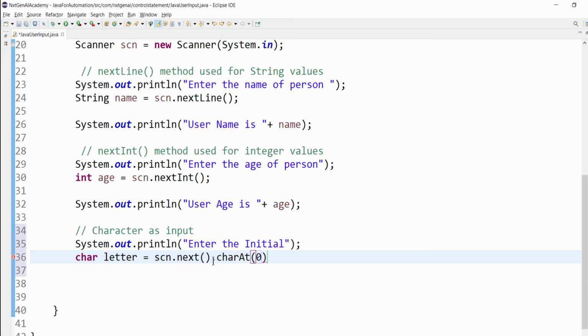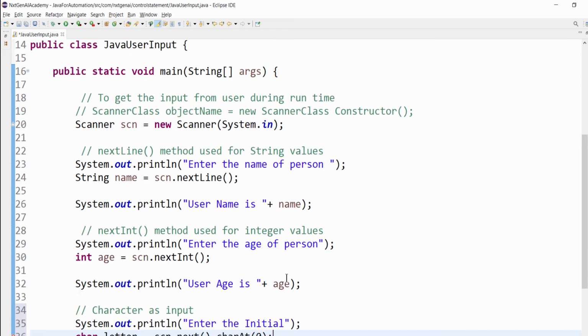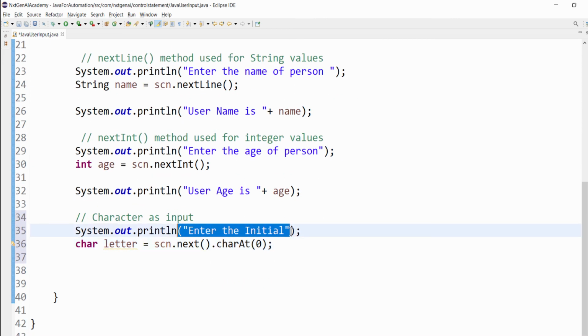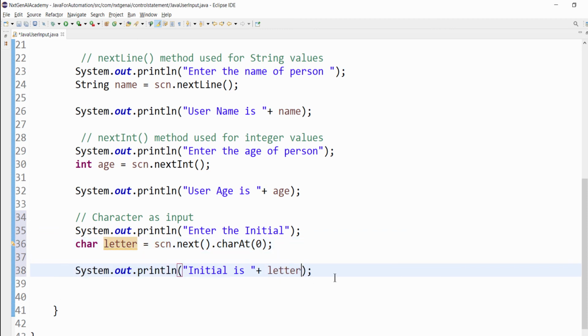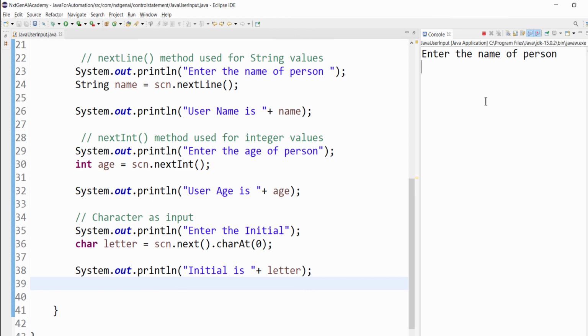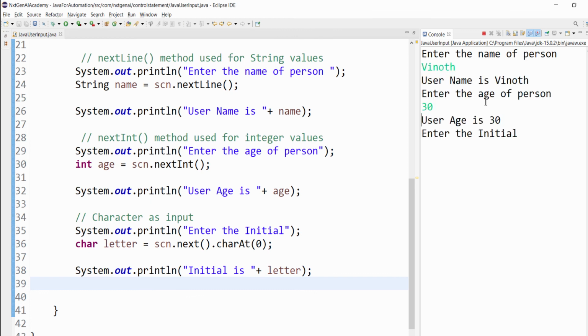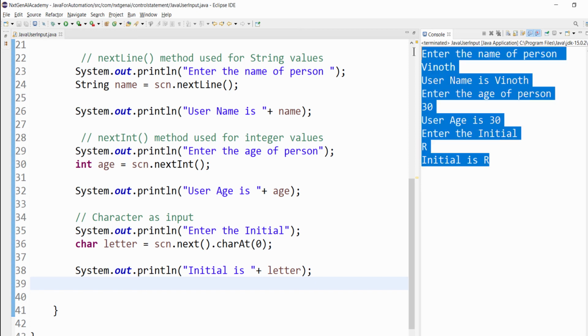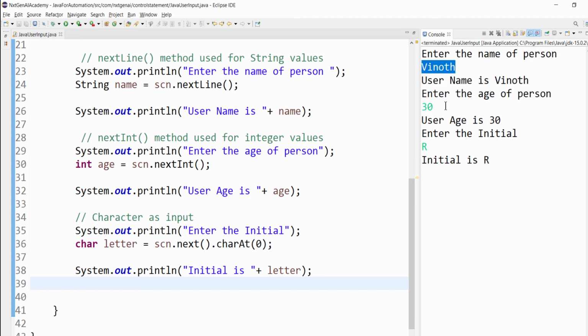It means the first letter, so it will accept a single character. Now I'm trying to print the initial. Let's execute. Name Vinod, age 30, initial R. See, during runtime now we are able to get the input from the user as string, integer and a character.